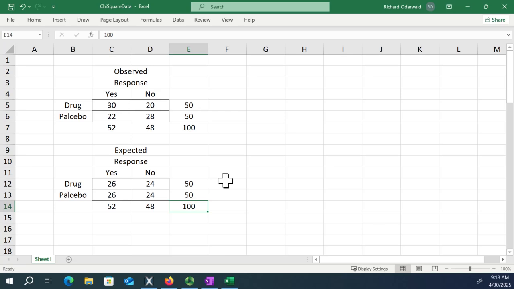You just get different numbers. So the expected is what would happen if these two things had no relation to each other. It's completely independent. The drug doesn't work. So these are the observed values, and these are the expected values. And the test